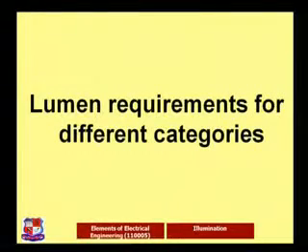By all these things, the next one is the lumen requirements for the different categories. Different applications are going to require different amounts of light, as we have seen in the previous table also. So the lumen requirement is going to vary according to the schemes or the application. Up to this moment we have to understand that only the design is not going to work, and only the supports are not going to work, but they have to work together to give us the best efficiency, or the optimum solution.